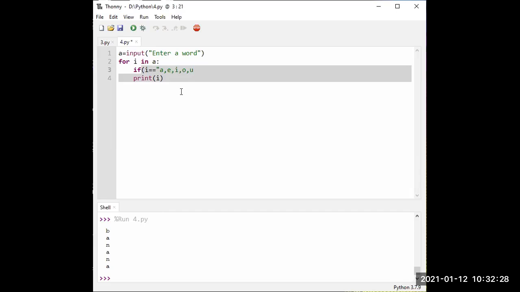No, you cannot write it like this. If i double equal to a, no, double quotes a or single quote a. Then or i double equal to e, that way you have to write like a full sentence. I double equal to,